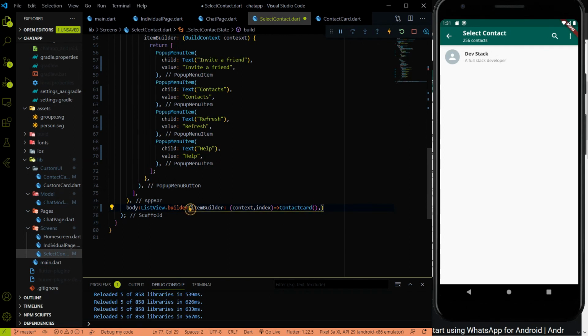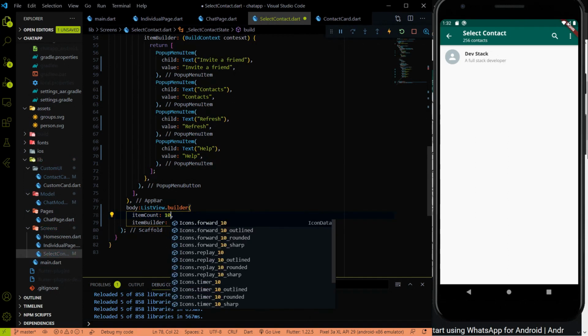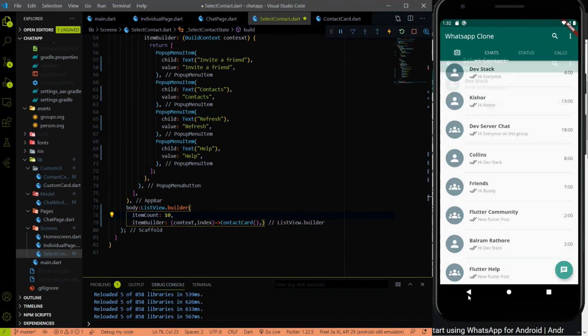So just above the item builder, we have to use the item count, and how many items we are going to use, we have to provide over here. So if you remember, in the chat page, we created random data. So let's generate random data again for this page as well.